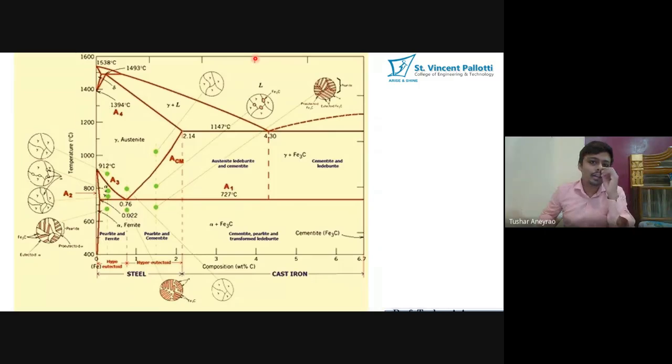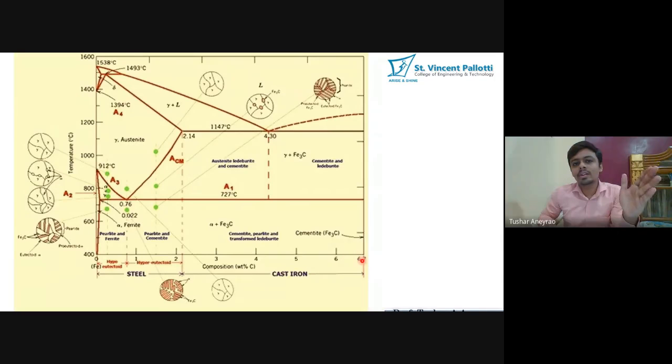If you observe at that particular level only, you can understand that this is the lamellar structure, meaning a pearl-like structure, which has one line of cementite and one line of alpha ferrite, right? So in this region you have the liquid phase. What this line indicates is from 0% carbon to 6.7% carbon.